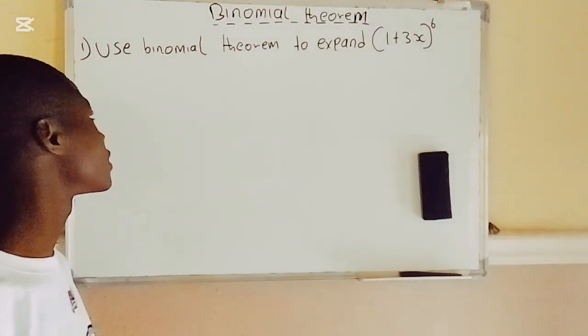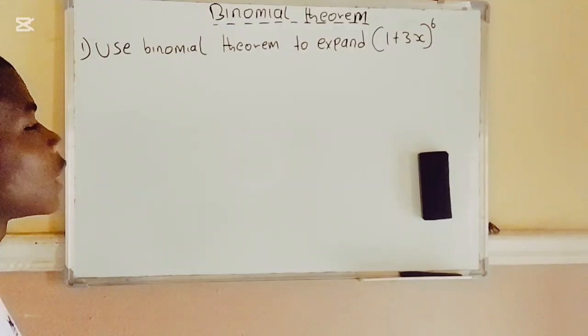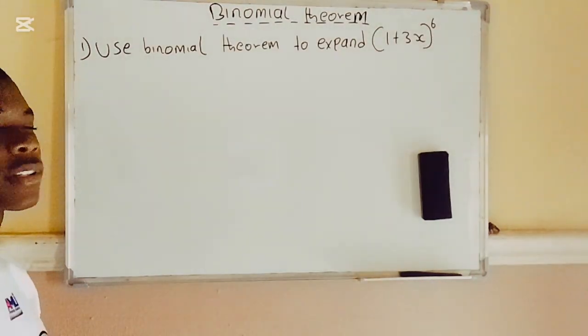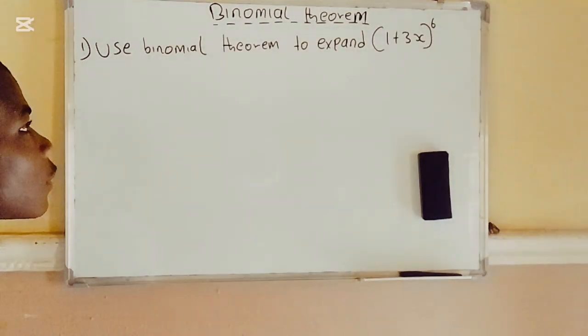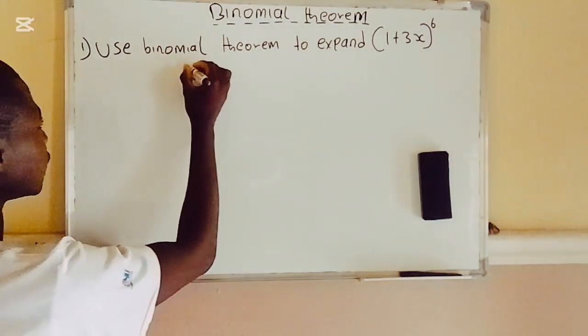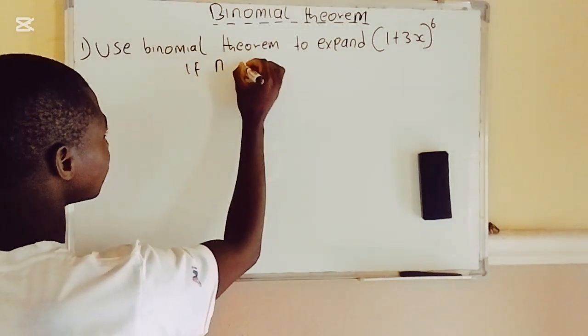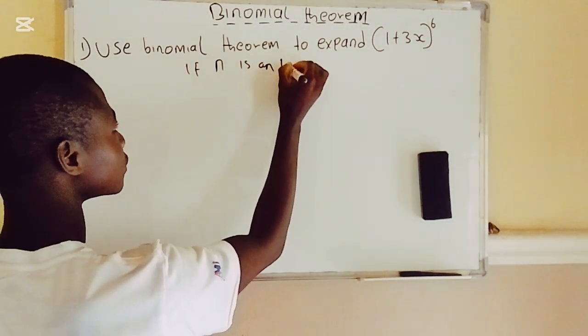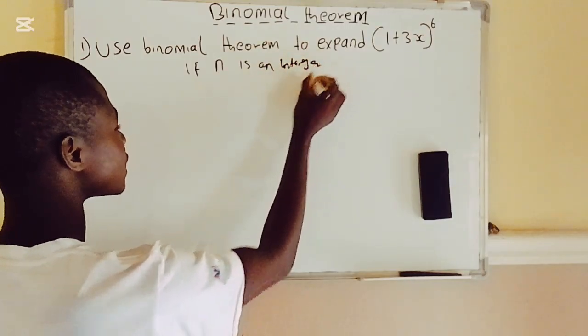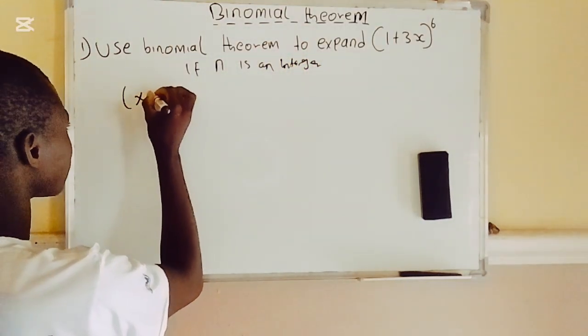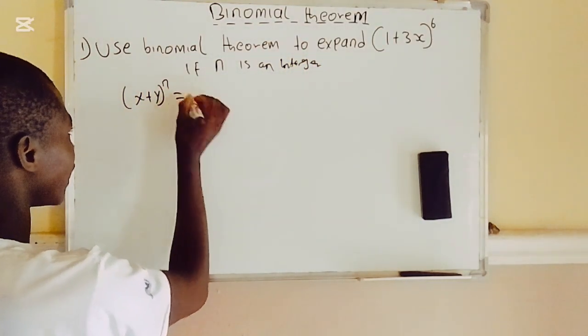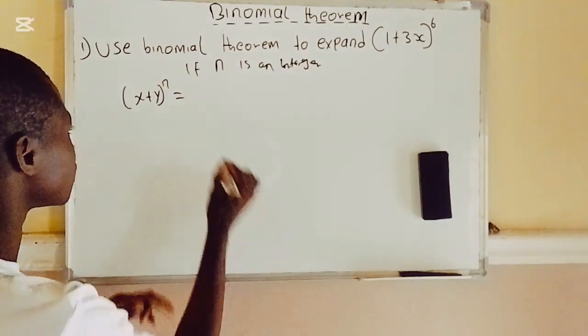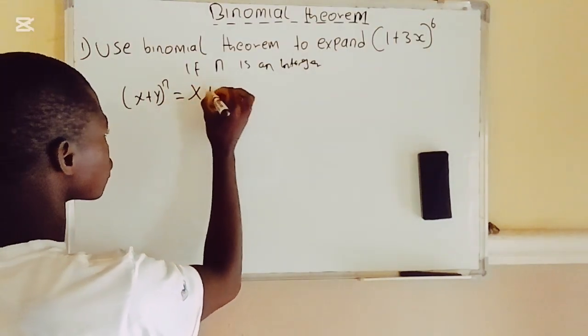So first, the question says use the binomial theorem to expand (1 + 3x) raised to the power of 6. First, if n is an integer, (x + y) raised to the n. How can I expand this? I will first say x plus